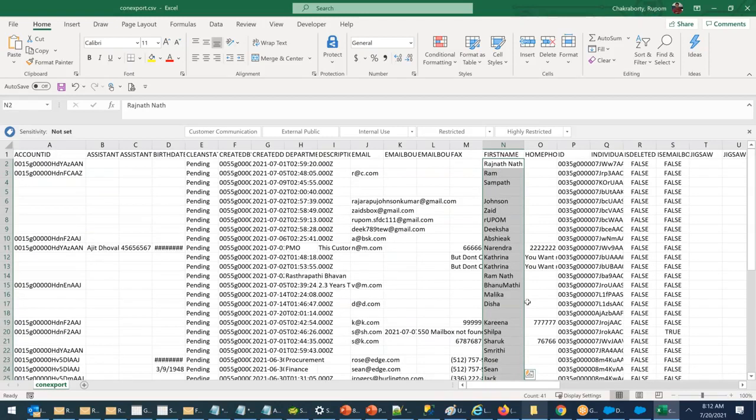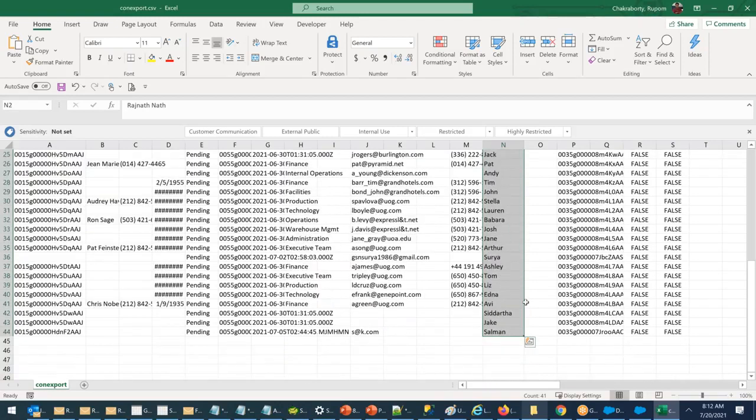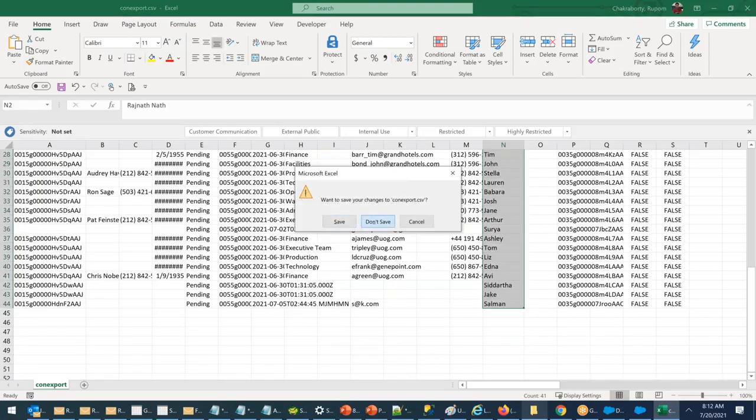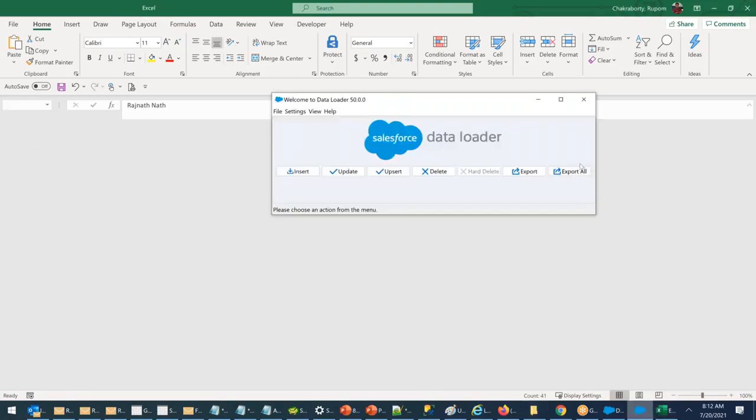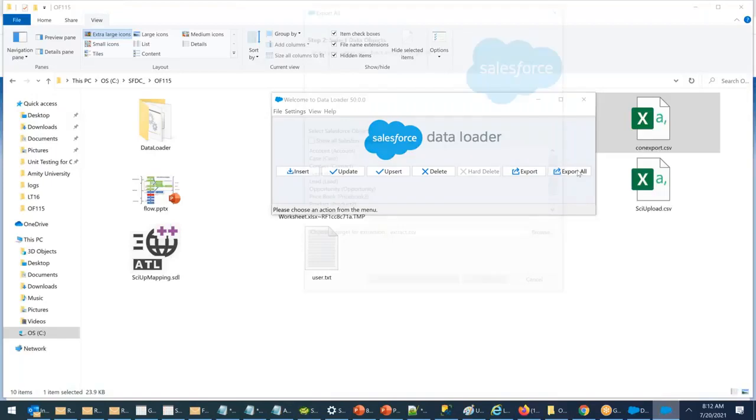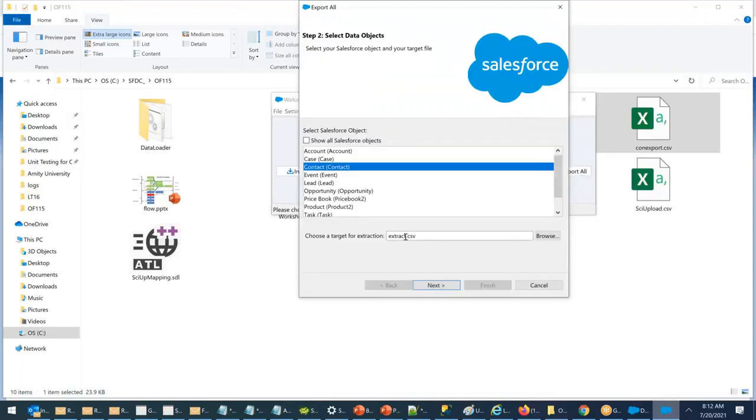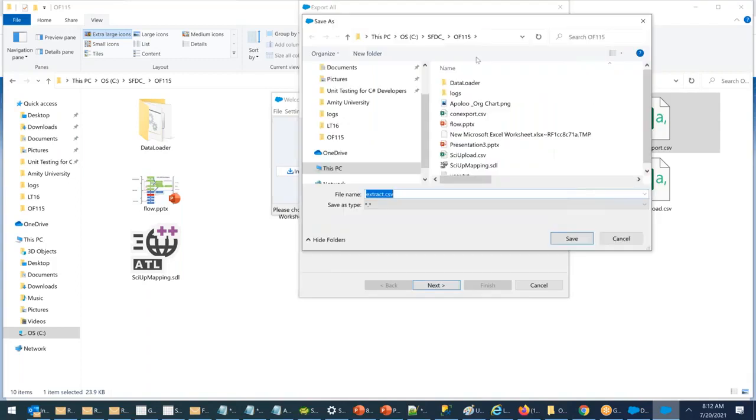I don't see any scientist name. Now I close it. Next time I take another export all. Again, I'm exporting contact. What is the name of the file? Browse. Where do you want to save? I want to save in OF15. I will say contact